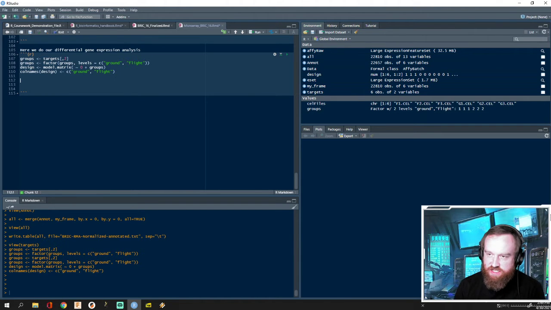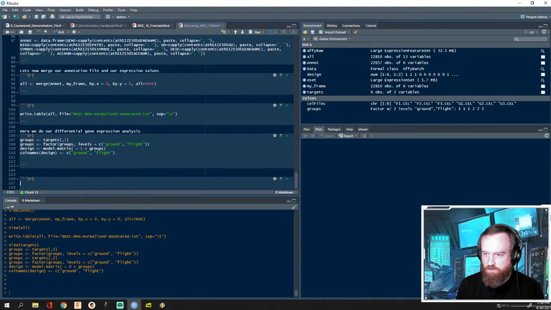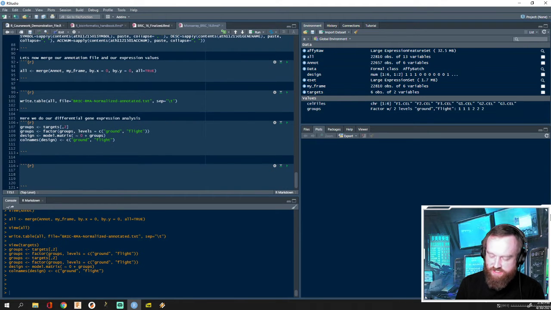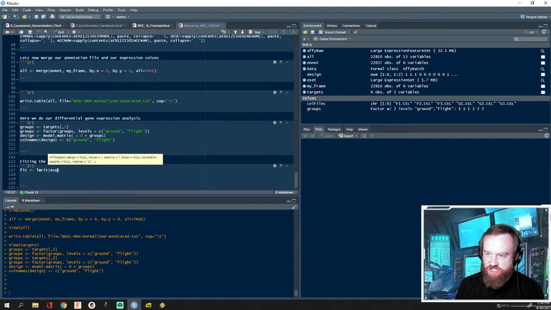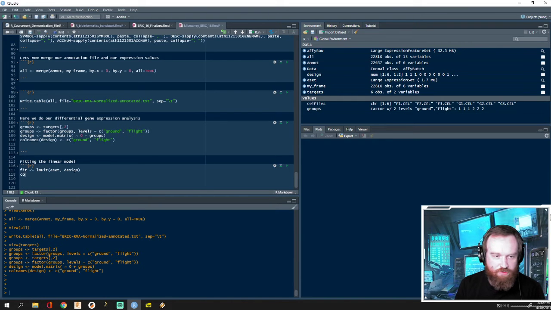All right, so now let's actually make a new chunk for this. And we'll call this fitting the linear model. So our fit is going to be lmFit, so linear model fit, of our expression set that we had earlier, right up here. And we're going to do this by our design that we set up to look between groups. And then we're going to make a contrast matrix with makeContrasts of ground versus flight